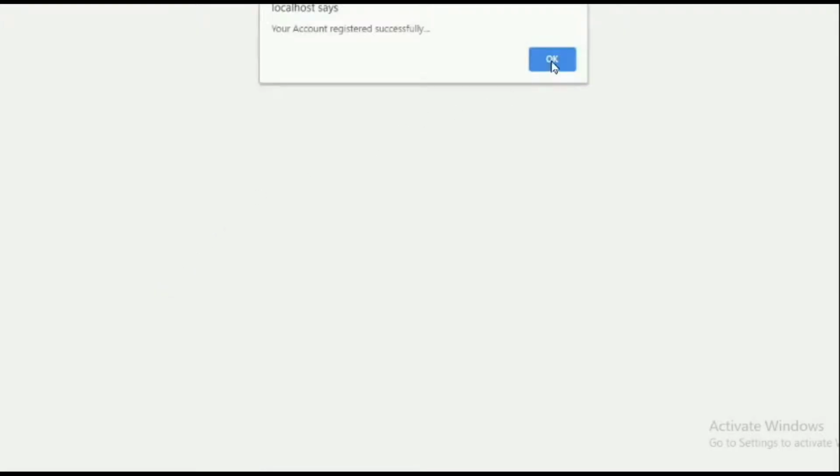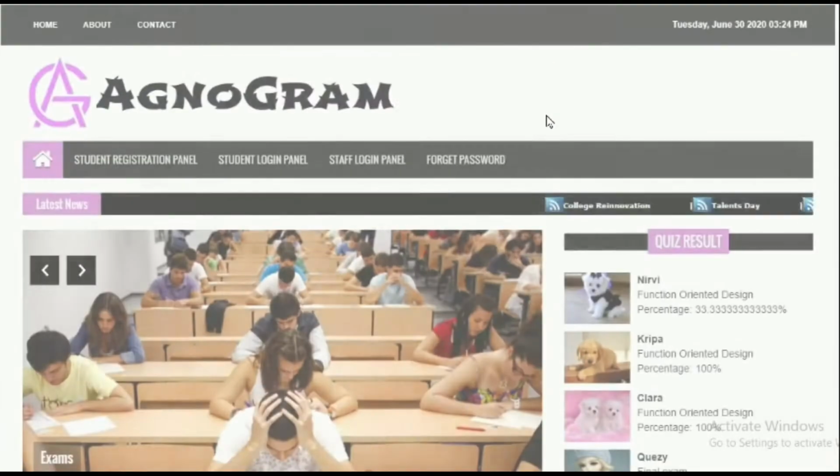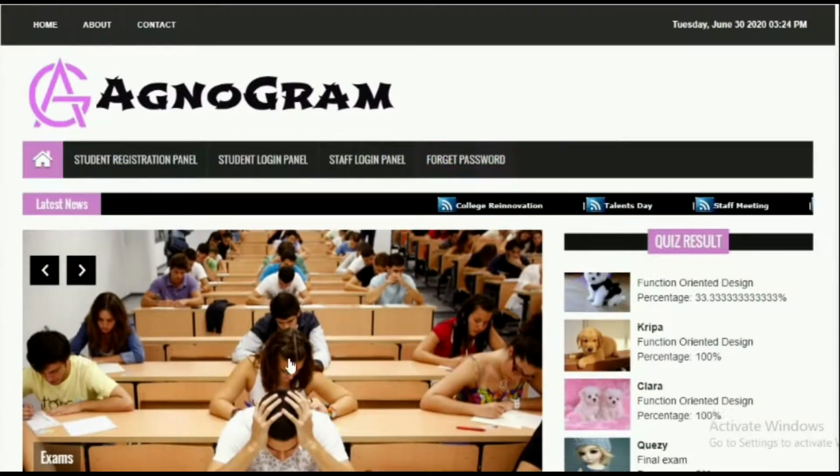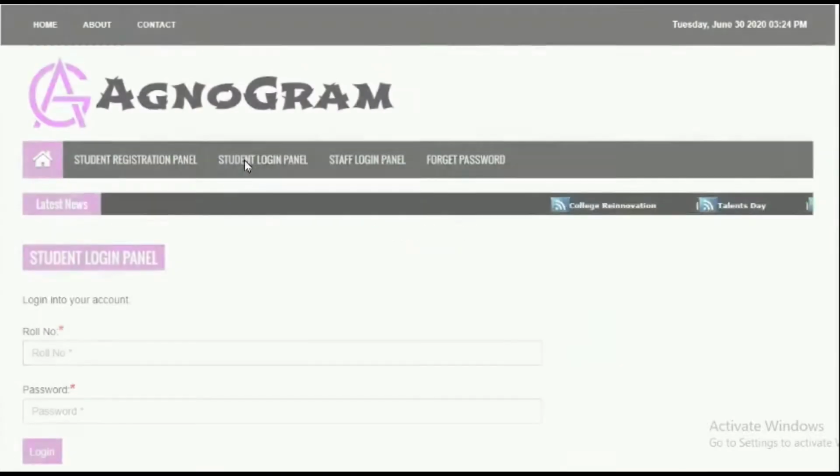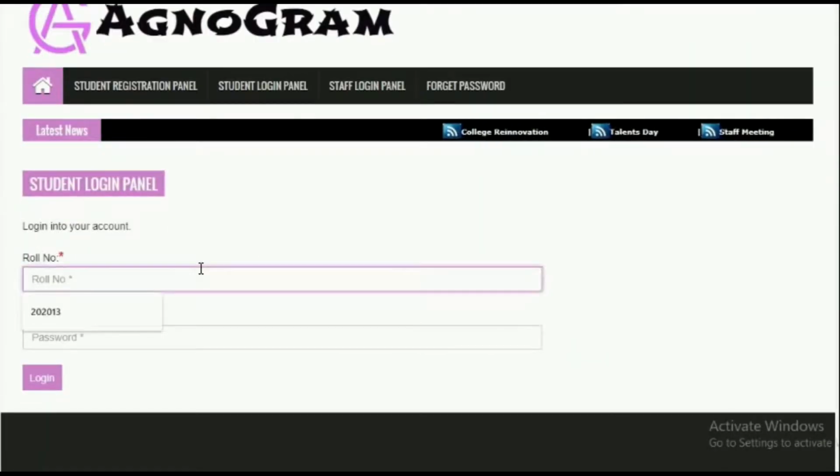Once the students register successfully, they can log in to the student login panel, that is by entering the roll number and the password.